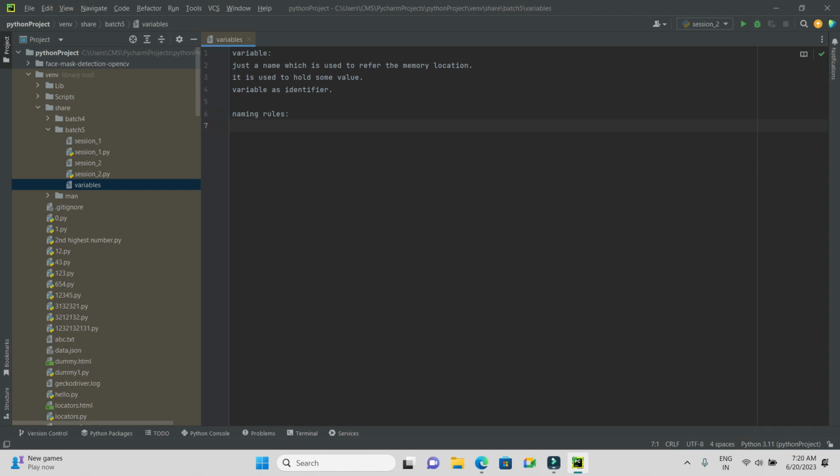There are a few rules to name the variable. First one, the first character of the variable must be an alphabet or underscore. It should be an alphabet, or